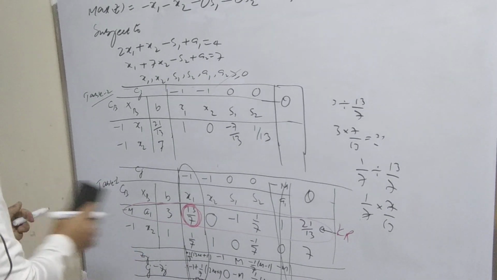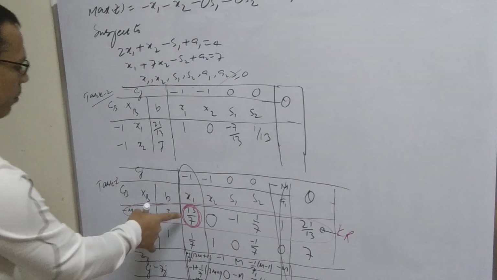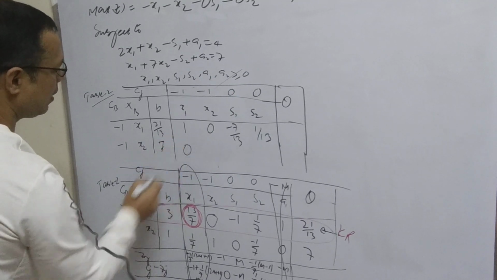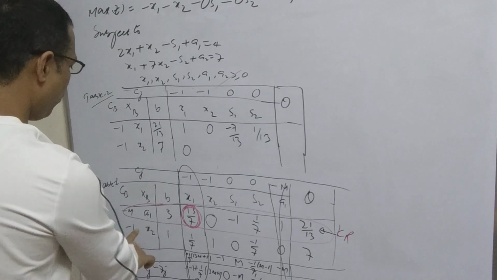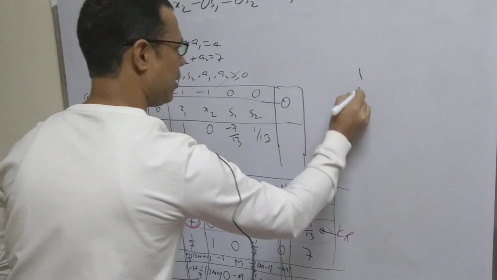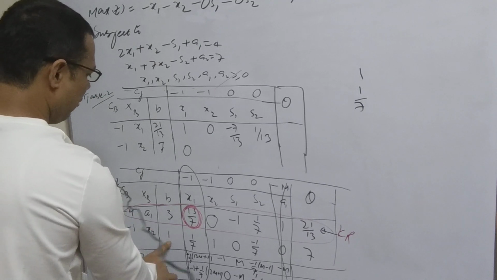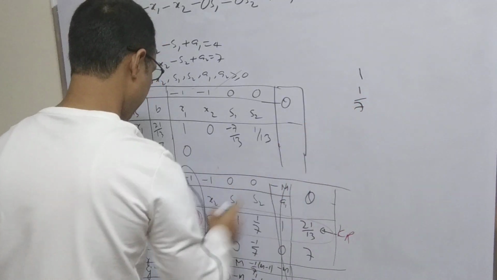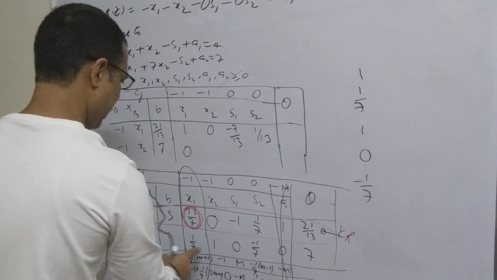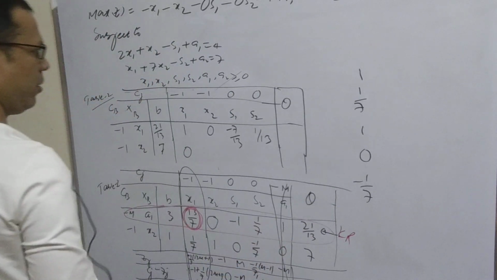Now after this stage, we need to make the changes where we need to make 0, because this value is going to give you the 1, and here we need to make this term 0. It means we first copy the old values from B. So write 1 by 7, this is the old value from the old table, because here we have already made changes. So 1 by 7, 1, 0, -1 by 7. 0 no need to write, because I have already deleted it here.